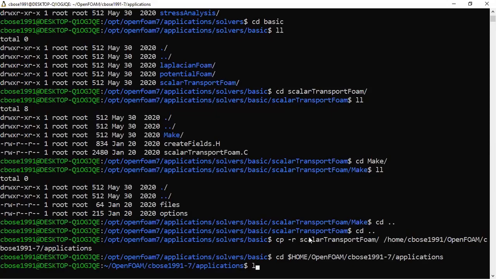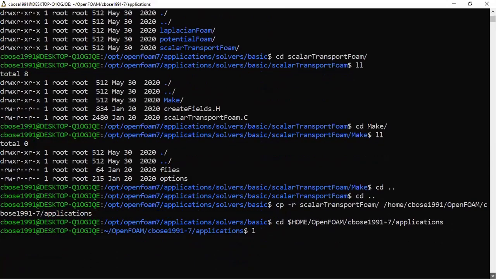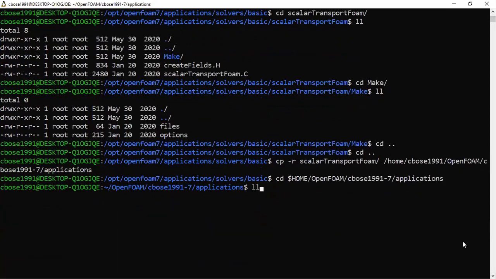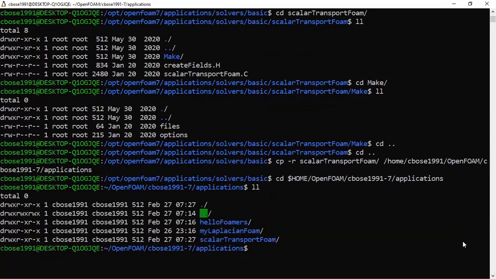I will see that this case has been copied. Okay. scalarTransportFoam. So please let me know if everybody has got it. Just assume that this is my new LaplacianFoam solver.